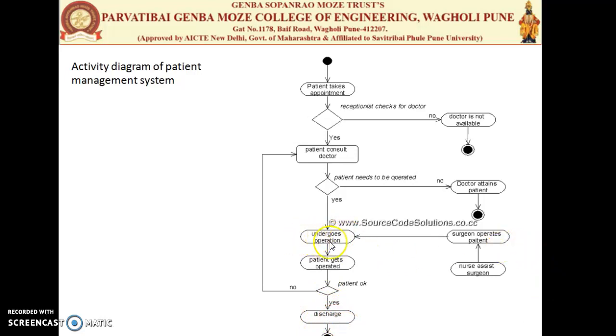After undergoing, the surgeon will operate on the patient. The nurse will assist the surgeon. So these are the activities which take place under the operation and are connected to undergoes operation, because while operating on a person, there is a need for a surgeon to operate. So the surgeon is a separate activity in this particular diagram. If you don't want to give these two activities, it is okay, because it depends on the particular system or individual how many activities he or she needs.